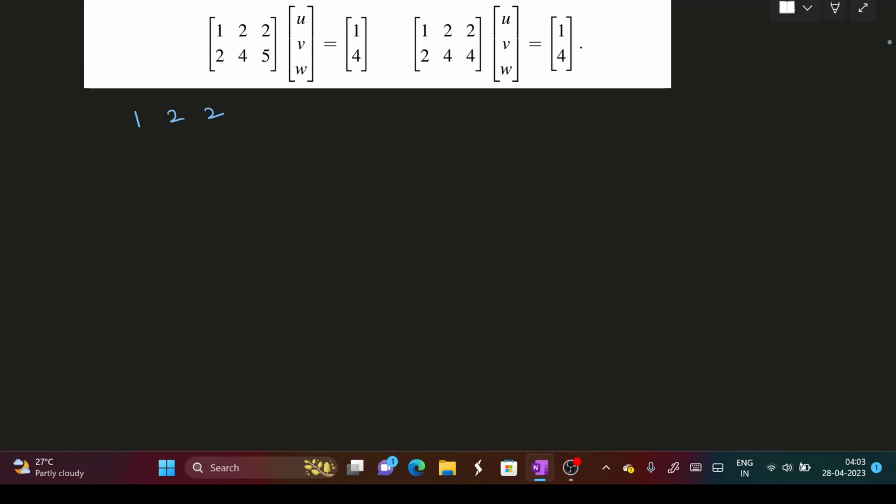Directly I am starting from the answer. Okay, it is my coefficient matrix augmented with the RHS vector. So what am I getting? I will do the elementary row operation R2 minus 2R1 stored in R2. I will get 1, 2, 2, 1. No change here. 0, 0, 1